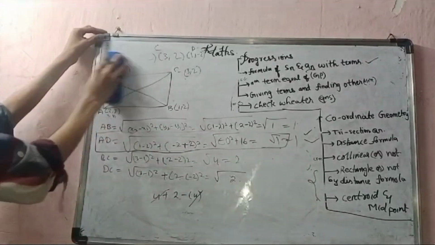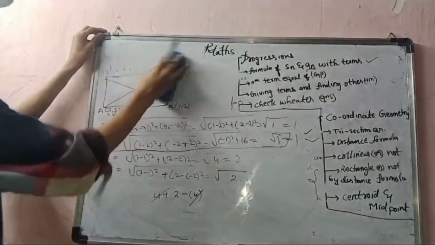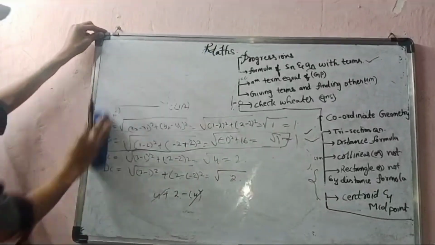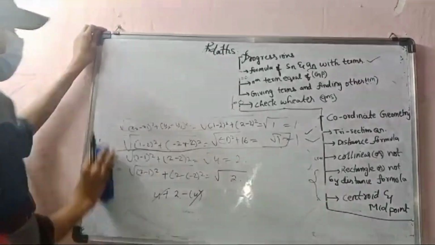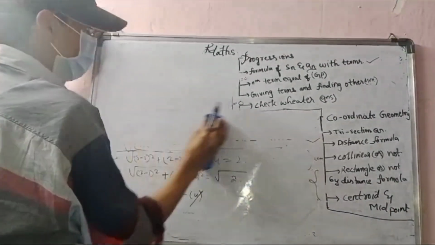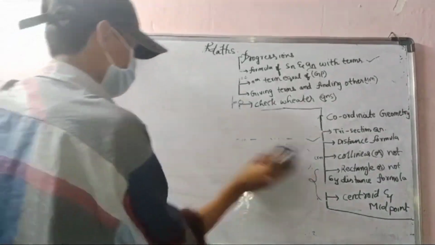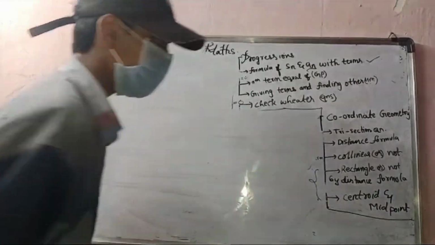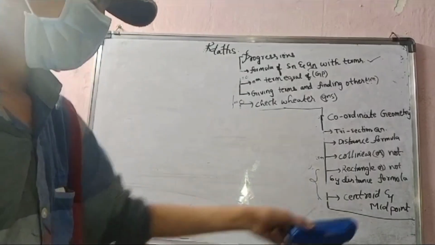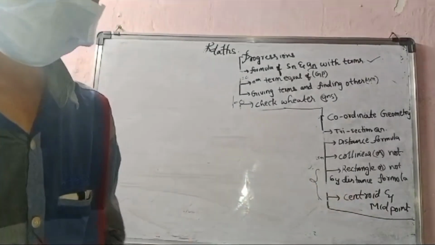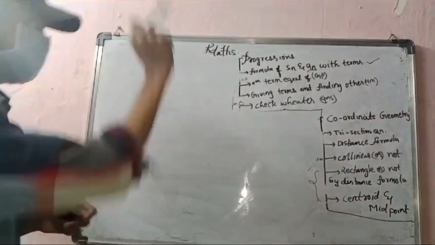If we know the properties of square, rhombus, anything, then by properties we can do it. In a rectangle, what we will tell is that these corresponding sides will be equal, like that. If we know the properties, you can do it. Okay, now centroid and midpoint. Okay, like that.